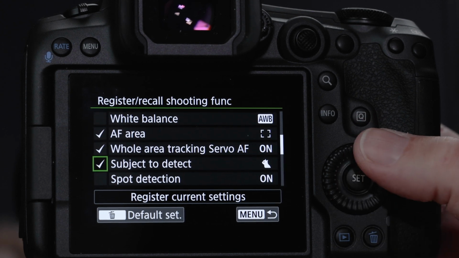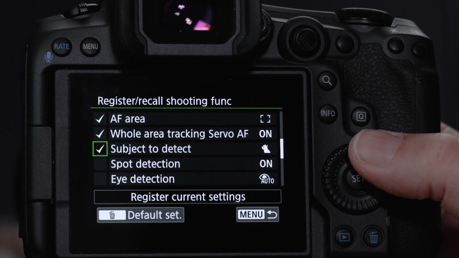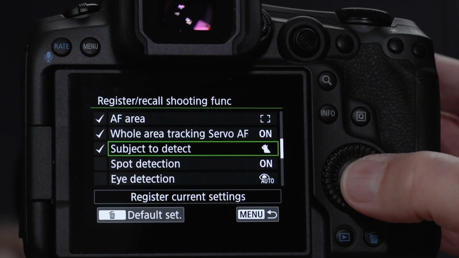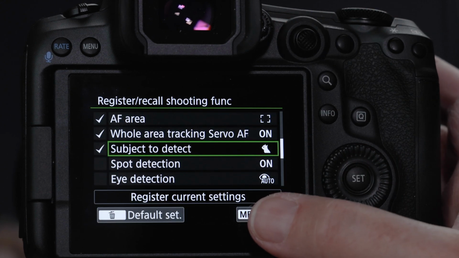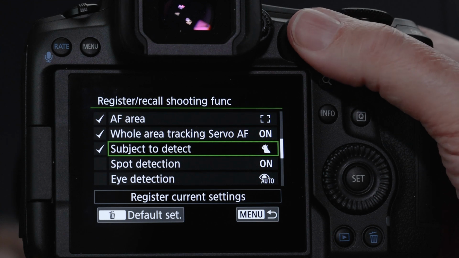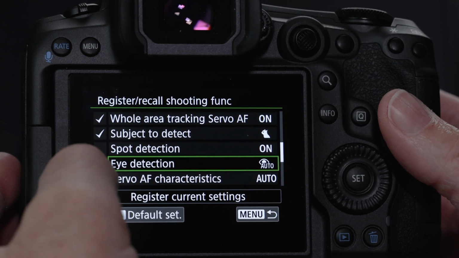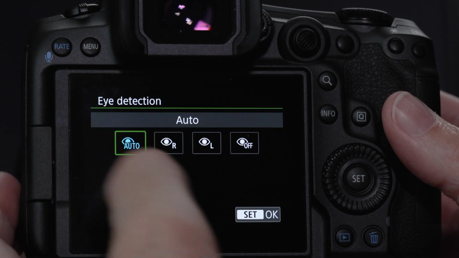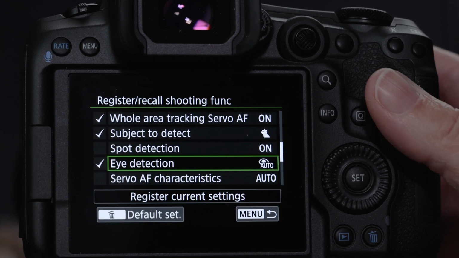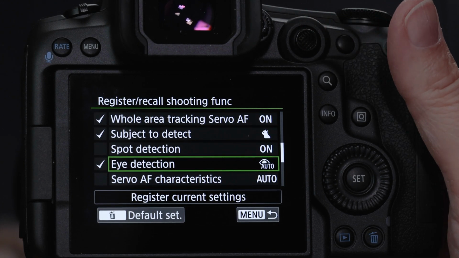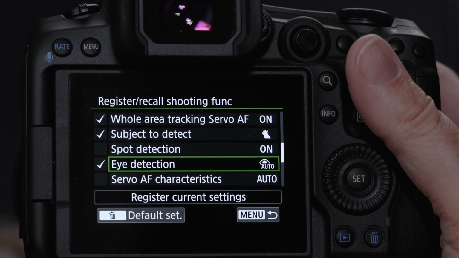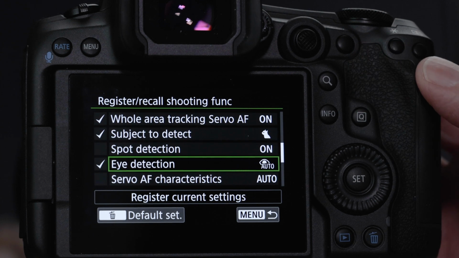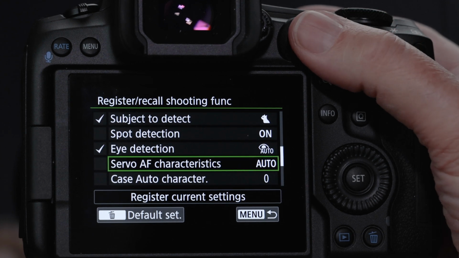We can even check that. Subject to detect will be animal. Let's make sure it's animal, and it is on animal. Great. We can even make sure that eye detection is on, just to be 100% sure. Great. Now we have everything set up, but we haven't started our autofocus yet by pushing the button. So if you go all the way down,